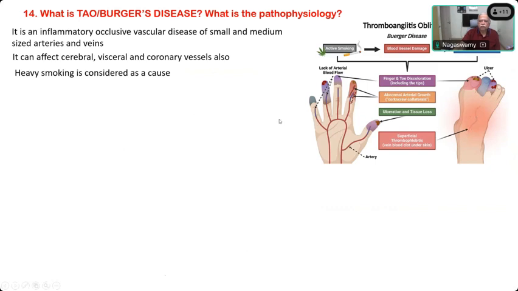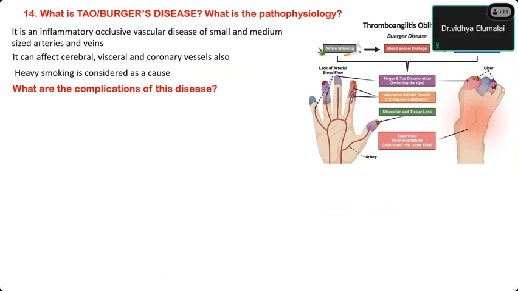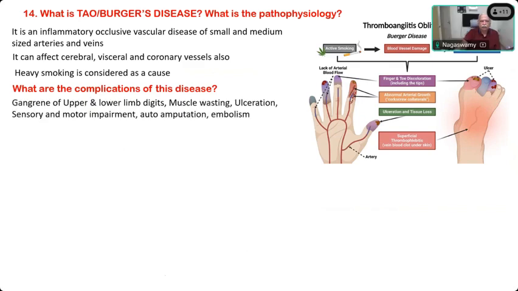These are all the features of this disease. What are the complications of this disease? Toe ischemia. So it can cause severe gangrene of upper and lower limb digits, muscle wasting, ulceration, sensory and motor impairment,